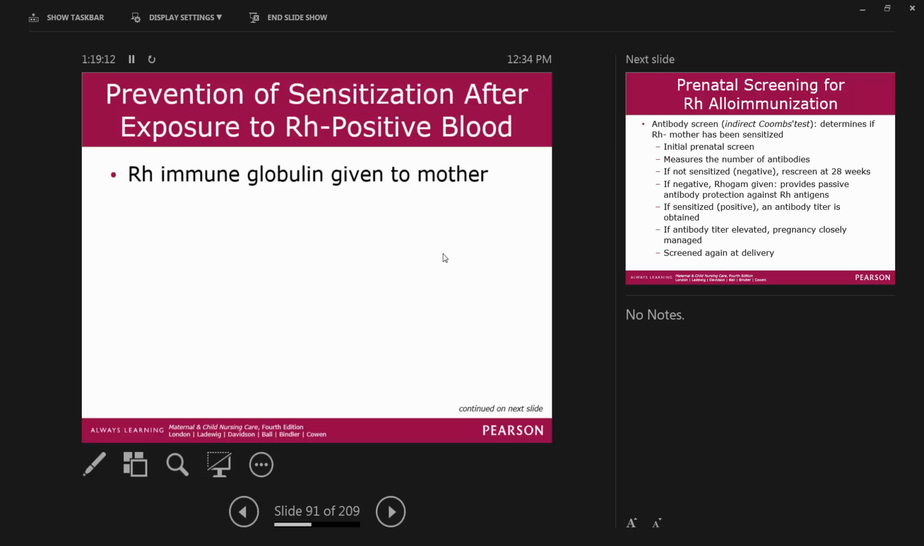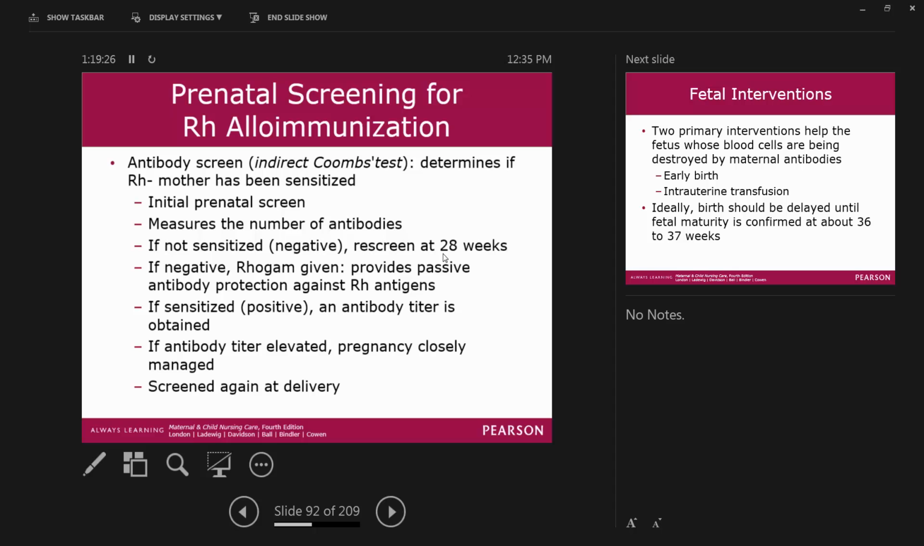And that's if, ooh, I'm out of water. We give the Rh immunoglobulin to the mother if she has been exposed to or sensitized to Rh positive blood. Okay? Which is different from the RhoGAM we give her, but we'll see that here in a minute. All right,